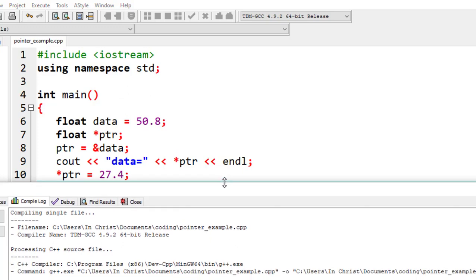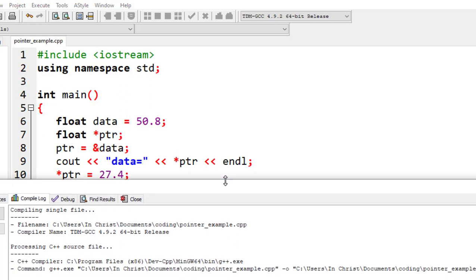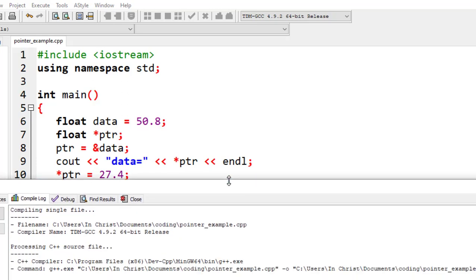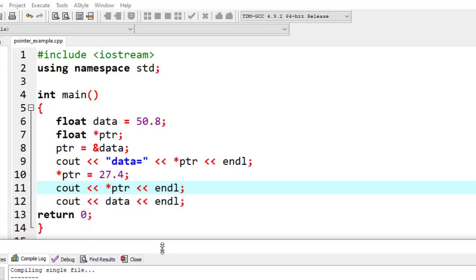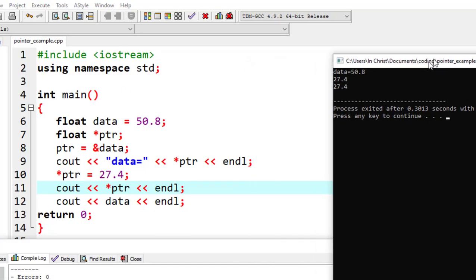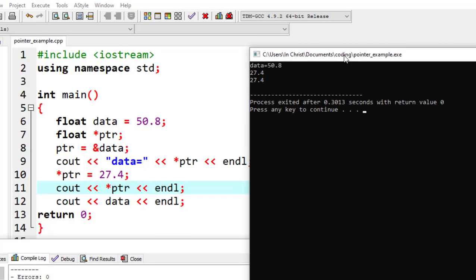So it's compiling. Okay, great. So after running this example, you see here we have